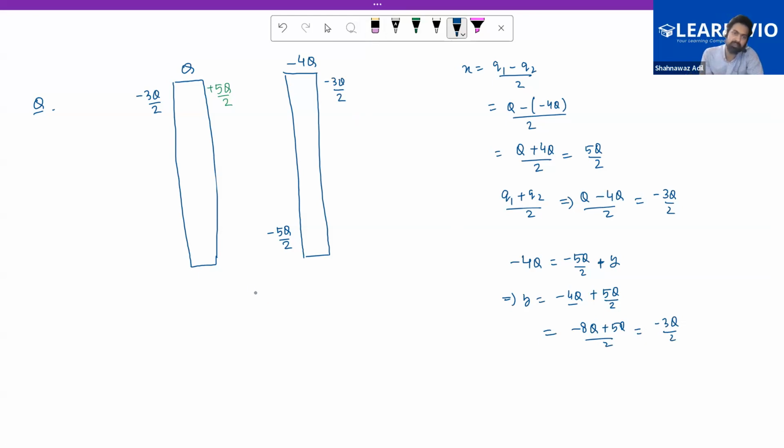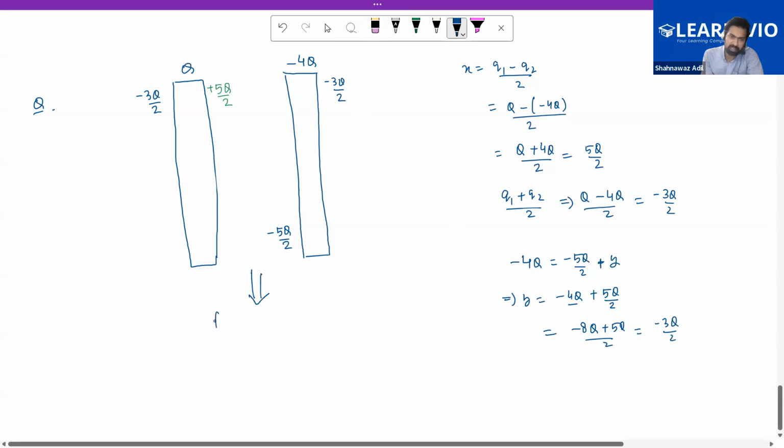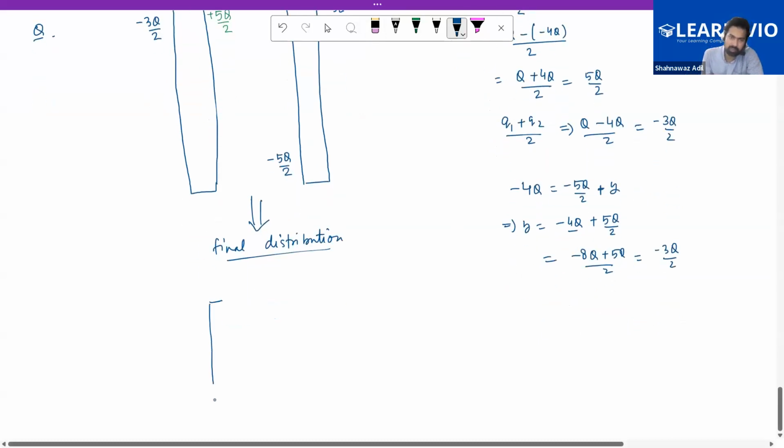So this is the direct solution, right? Is it clear to you? So the final distribution would be what? This would be plus 5q by 2, this is minus 3q by 2, and then this one is minus 5q by 2, and then minus 3q. So this is the final distribution, right? Please note it down, and